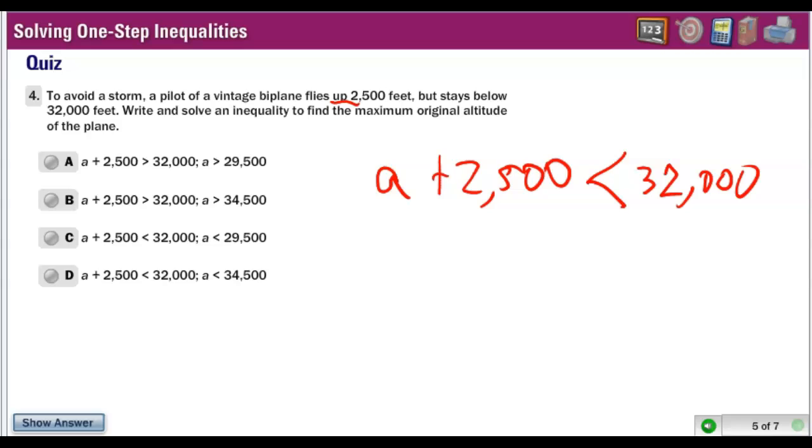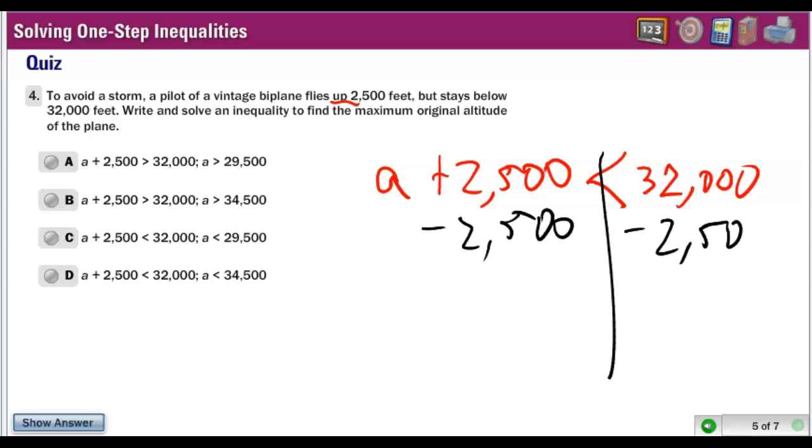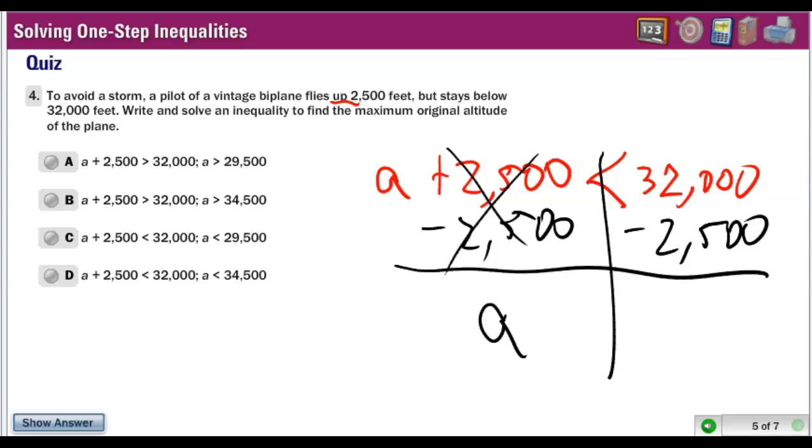So just like solving an equation, it's all about inverse operations, right? So the inverse of plus 2,500 is minus 2,500. What we do to one side, we do to the other side, okay? So opposites cancel out, right? Because plus 2,500 minus 2,500 gives you 0, which really is nothing. You add 0. So we find that the altitude, and over here, if you do the math, is